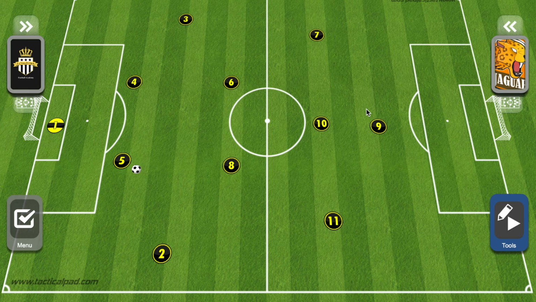Today's video we're going to be talking about the 4-2-3-1 striker, and we're going to be looking into the position of the number 9 in this formation. We're going to discuss the different movements, the different actions, the different type of activities that this player will be